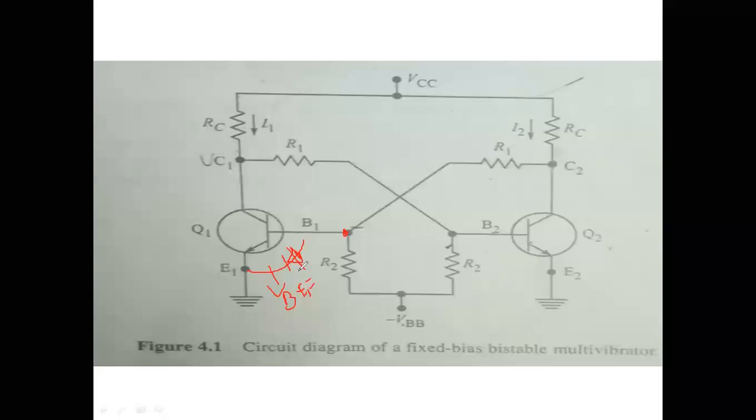In case they have not given ICBO, instead of assuming the current, assume the VBE voltage. I am saying that we should not assume this current, the reverse leakage current flowing from the emitter to the base, sorry, IBE, not ICB. Instead of assuming the IBE current, the emitter to base current, assume the emitter to base voltage.